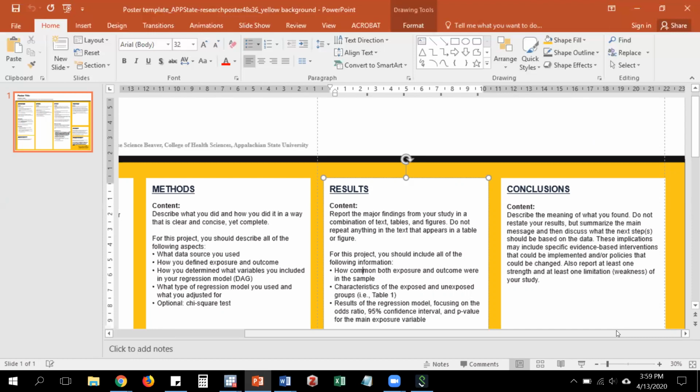The other thing you want to do in your conclusion section is highlight at least one strength and at least one weakness or limitation of your data. So was there something in your DAG that wasn't in the data set and so you couldn't adjust for it? Or would you have liked to have longitudinal data? We just have cross-sectional, a single time point in this study. So how could we